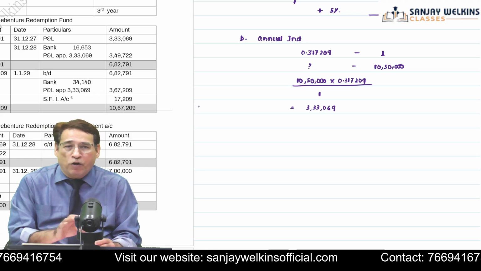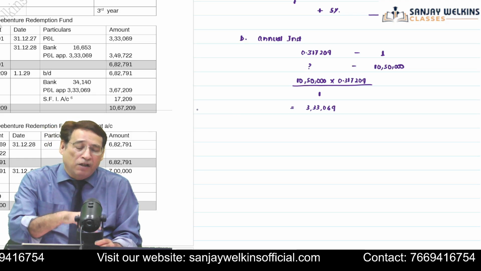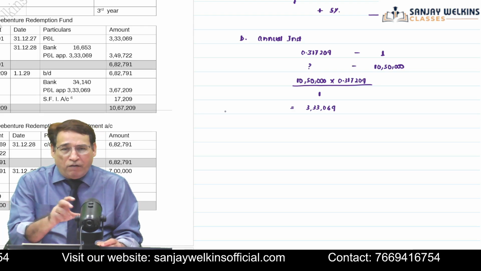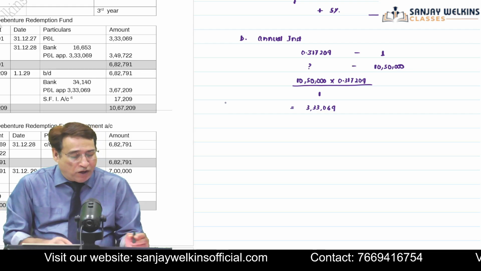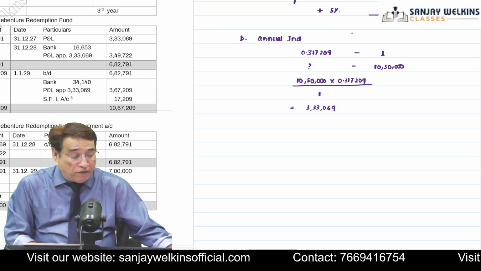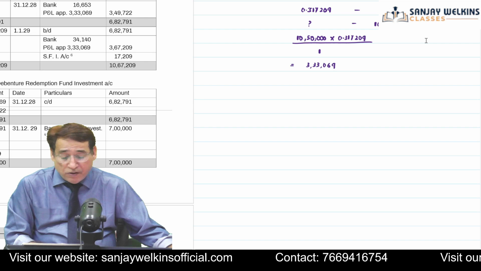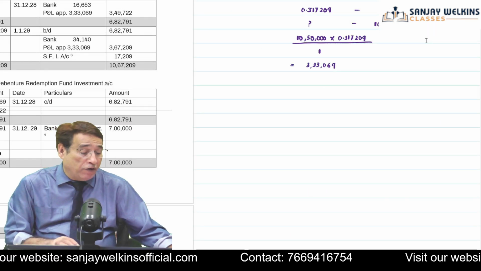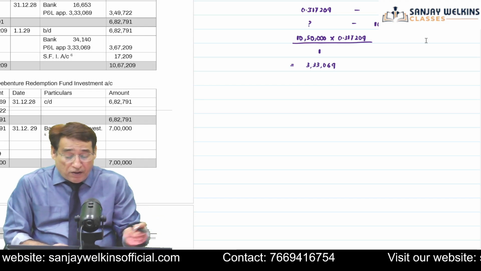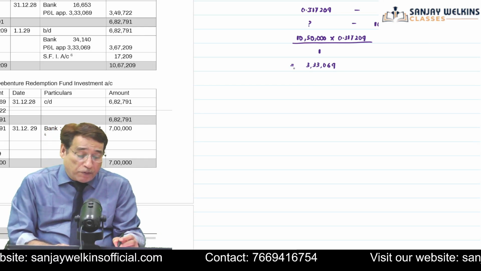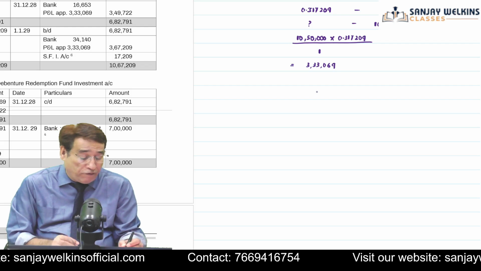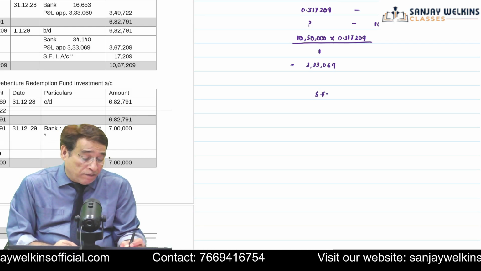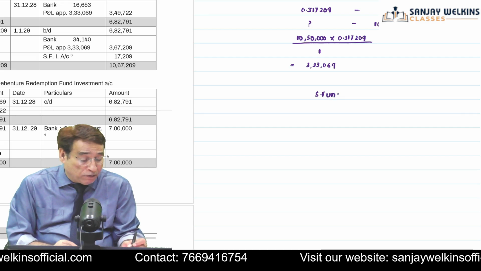So in this particular question, the main point is that we weren't given the annual installment. So we had to find it out. And whenever the annual installment isn't given, quite obviously, a sinking fund table would be available. So this is the point in this particular question. And your final year is the third year. So on that account, we are supposed to prepare those two accounts, the sinking fund account. So I will be preparing that sinking fund account.